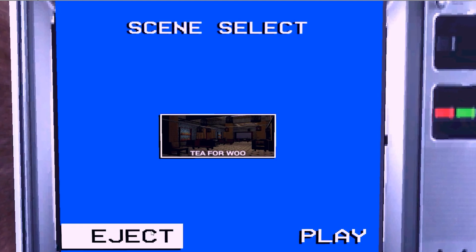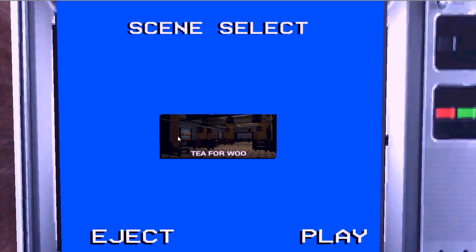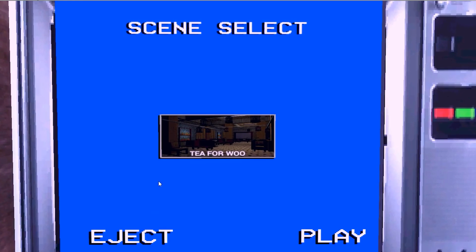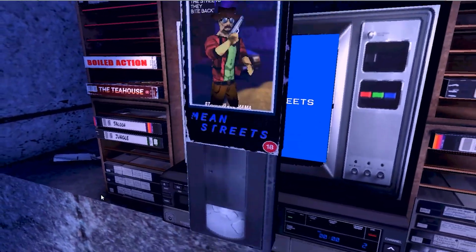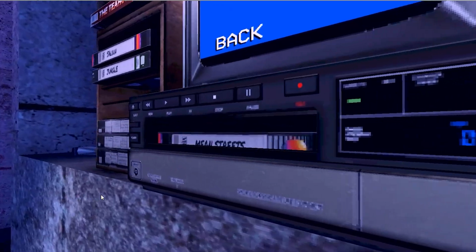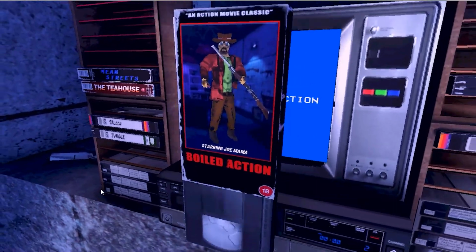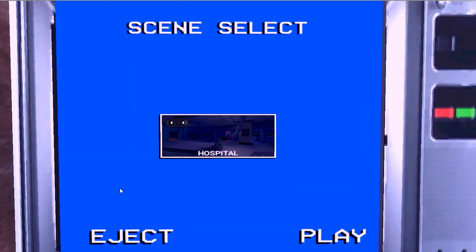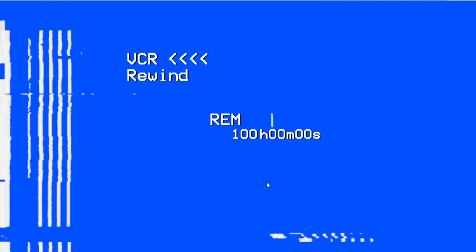So for now, it's a little bare bones, but I also need to add some more UI for all the other stuff, like turning on sheets and other things. But this is just the basic. You get an idea of where I'm going with this. Let's go through a couple just so you guys can see them. So obviously, if you click play here, it'll load the level,